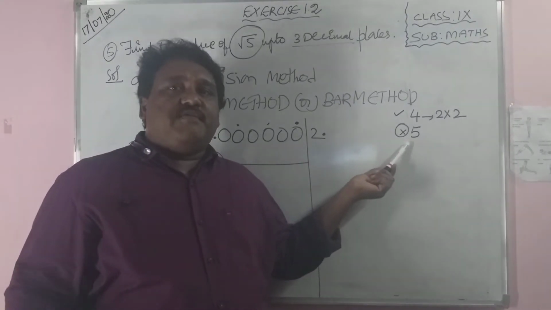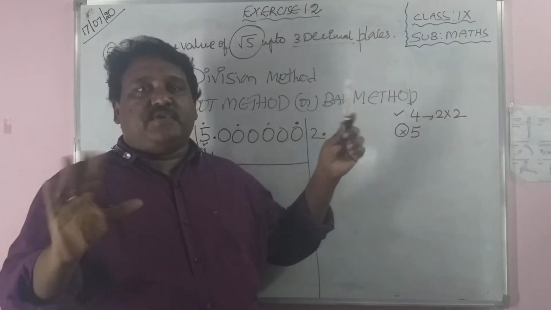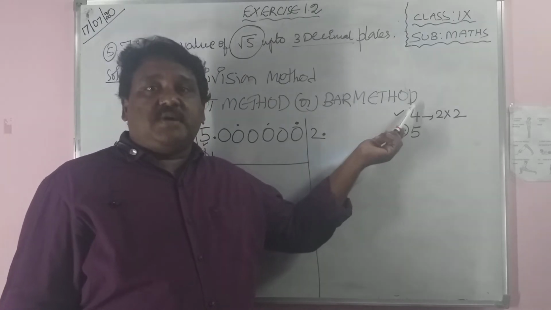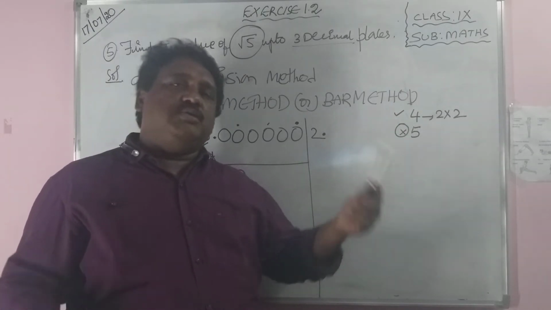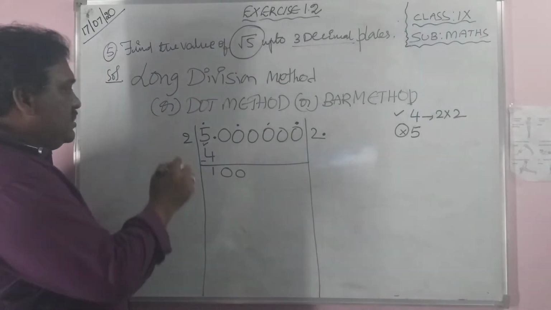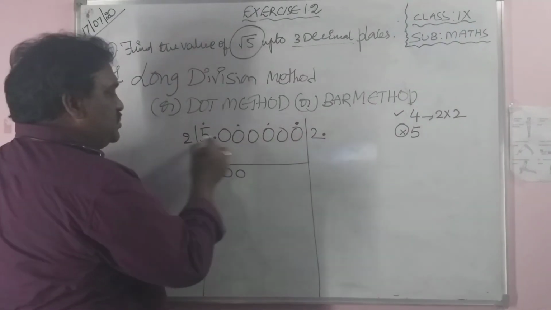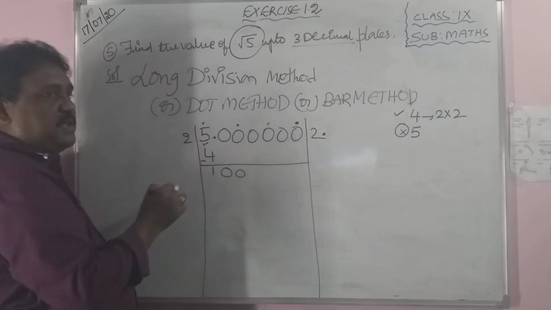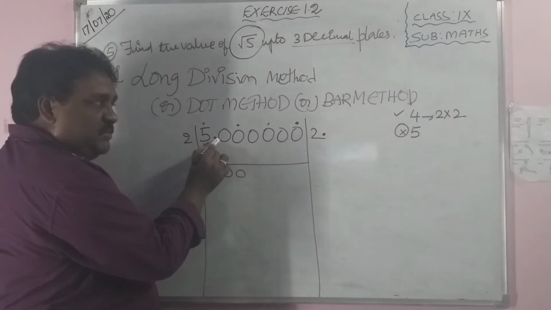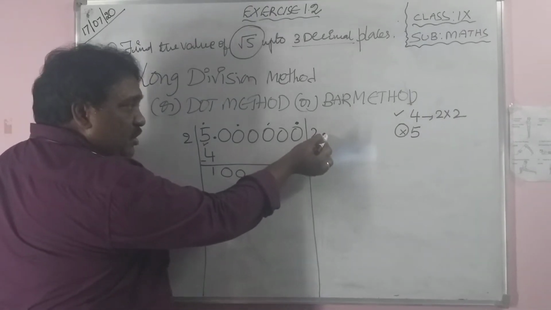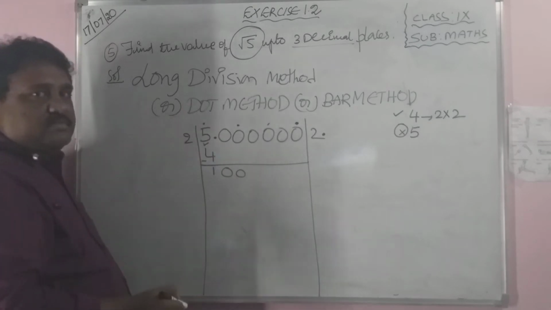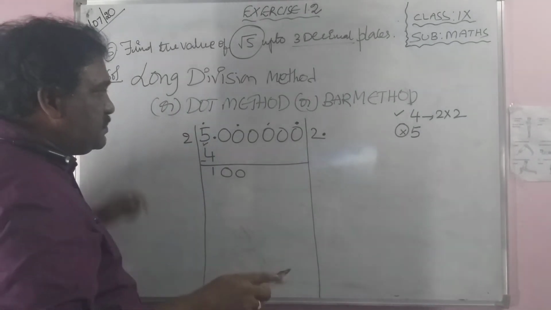There is a question for you. Can we write 5 as a product of two same numbers? No, not possible. What is the nearest number we can write? 4. How to write 4? 2 2s are 4. So, 2 here, 2 here, 2 2s are 4. Let us do subtraction. 1. After 5, what is there? Point, decimal. Keep the decimal here only. 2 zeros down every time. Step 1 completed. Step 2.